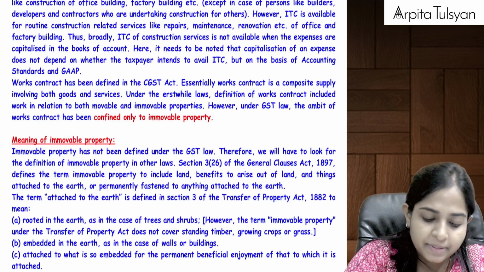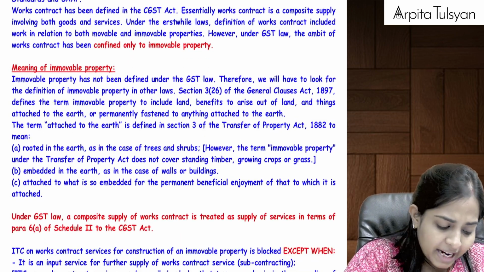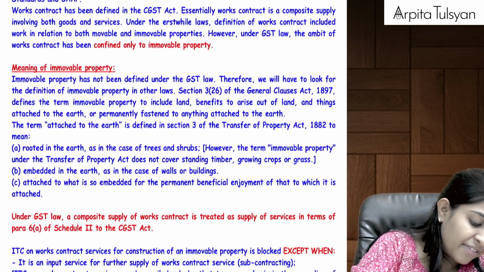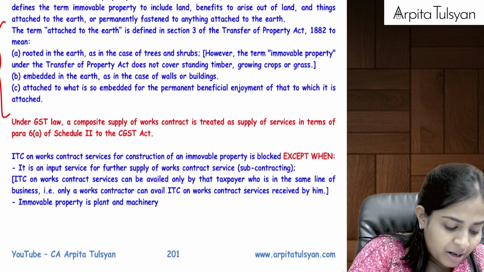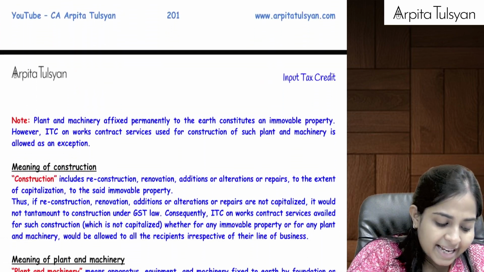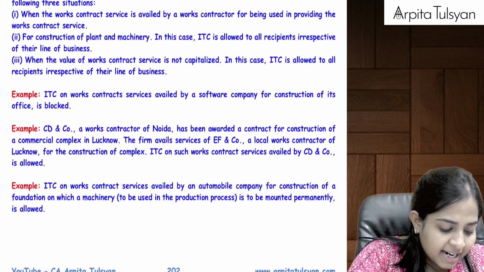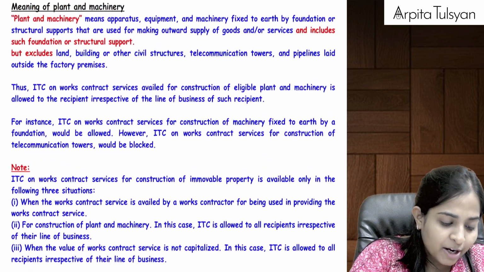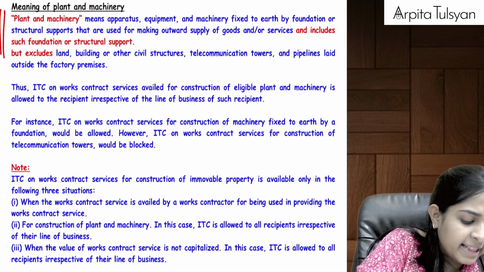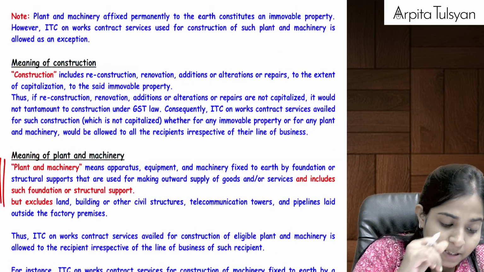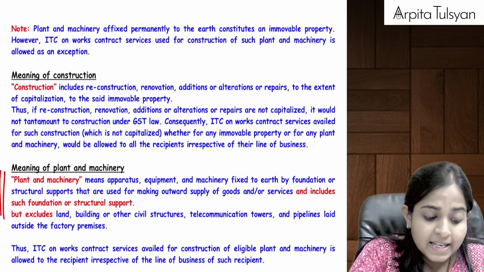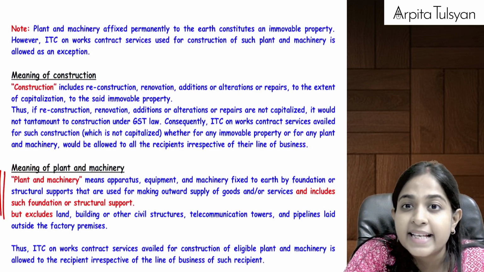Do you recollect something like that? And that was related to immovable property. And then in that we had studied the meaning of immovable property and there were certain exceptions, etc., coming up in that. Yes. And we had come up with a conclusion. I don't know if you recollect or not. In that we had come up with a term called plant and machinery. Yes, plant and machinery was allowed as an exception.